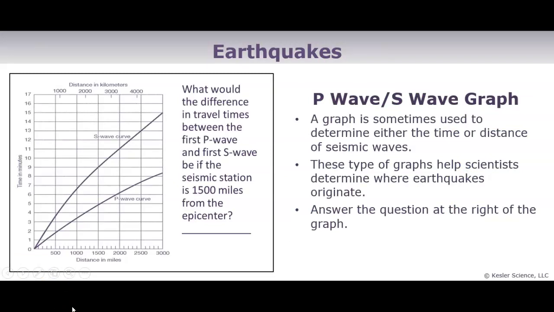All right, let's take a look at how we can graph P waves and S waves. You'll notice we have a line graph here to the left, and a graph is often used to determine how long it takes for different waves, P waves and S waves, to reach different places or go different distances. It helps scientists to be able to determine the place where the earthquake started or originated from. When an earthquake happens,